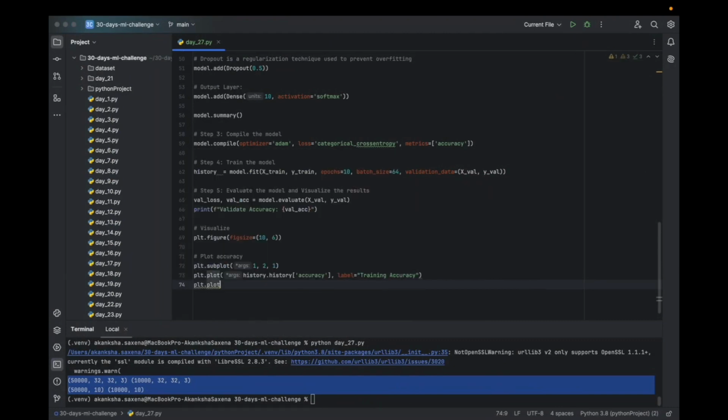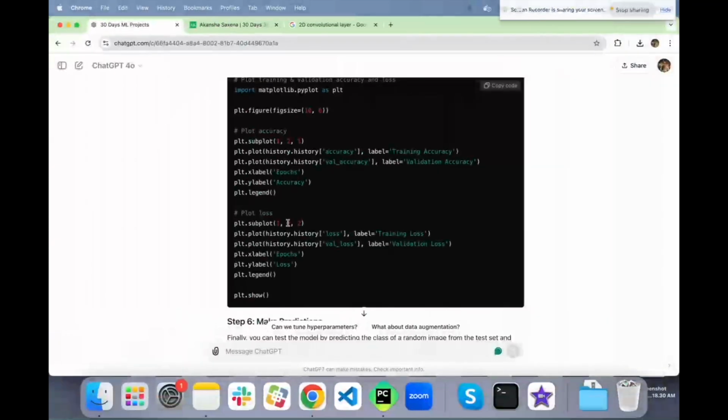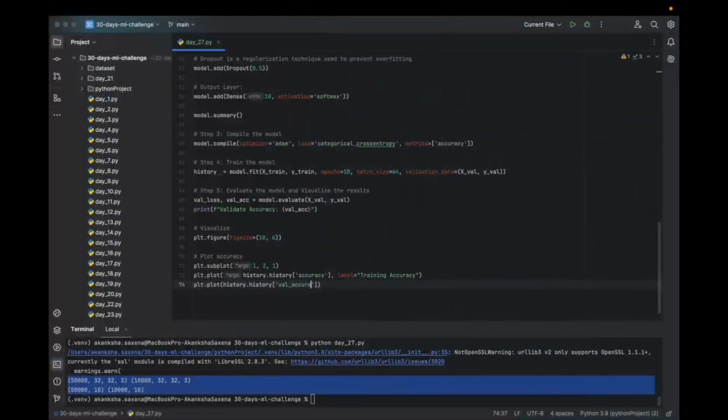Then we plot history validation accuracy for the validation data, and the label is validation data